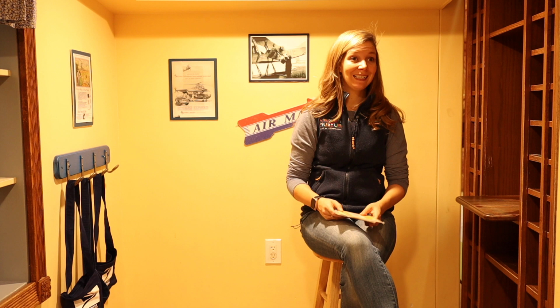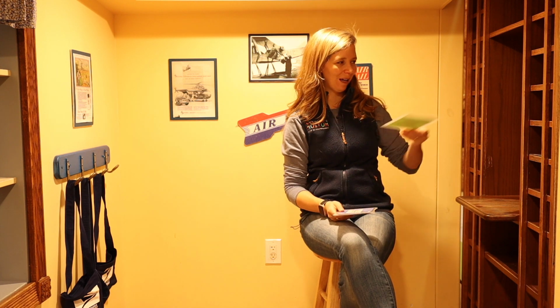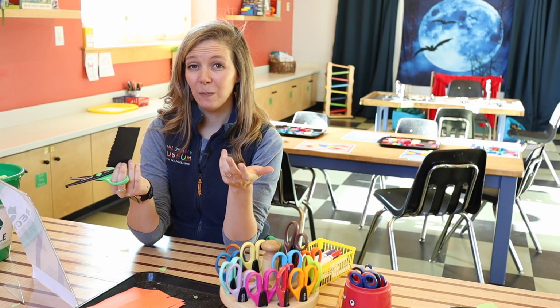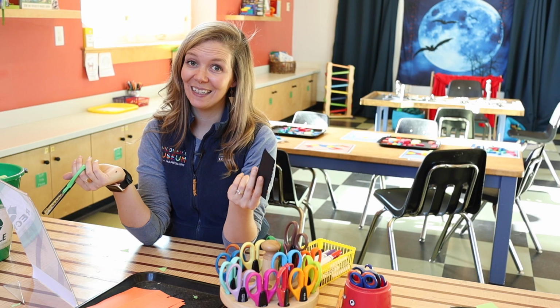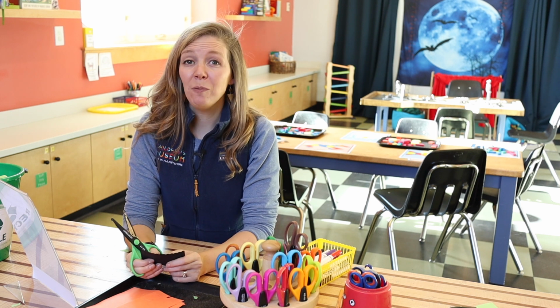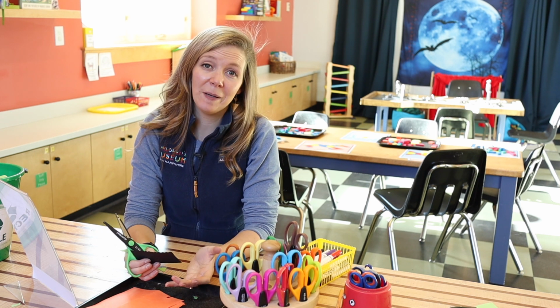Children may want to spend an hour playing in an exhibit, like the post office, and they may want to spend just a few minutes in another exhibit, like the art area. And that's okay. It will be a more memorable experience for them if they choose where they spend their time